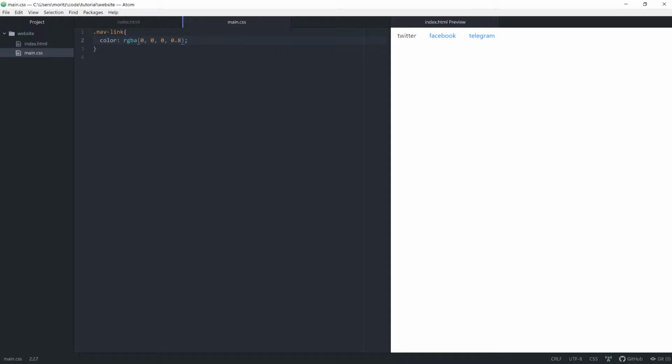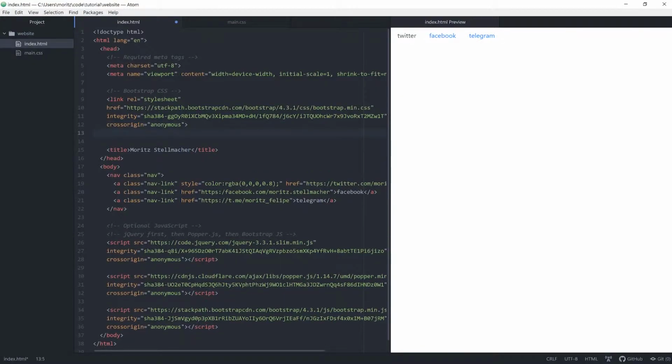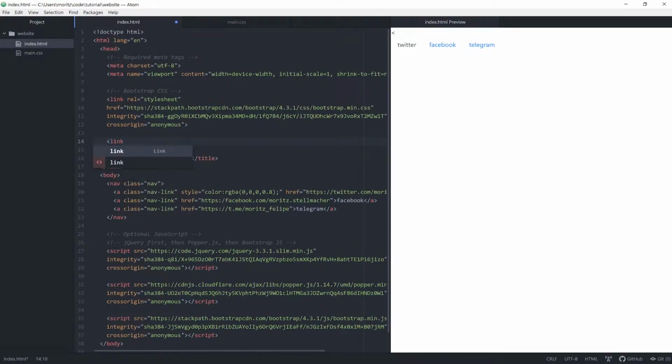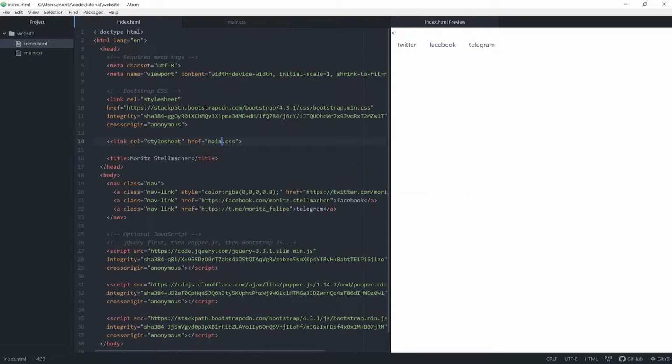Okay, at the moment our index.html file doesn't know about our CSS file with the new style. So let's link them. In the head of our index.html we can now link to our style sheet, similar as we link to Bootstrap style sheet. This time we don't need any additional attributes, like the integrity, since the file is hosted in our directory. Now the CSS is applied. Great, now that we have linked them, let's delete the style attribute from our element.